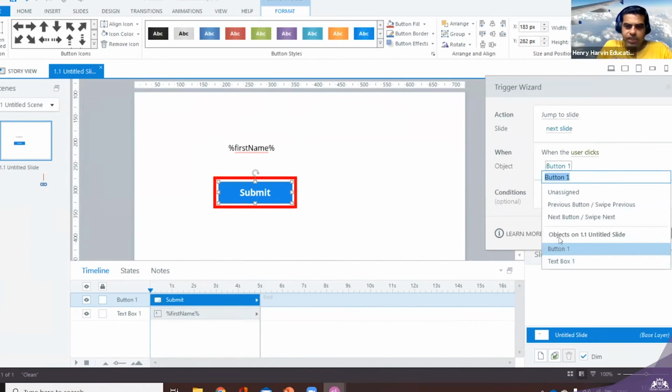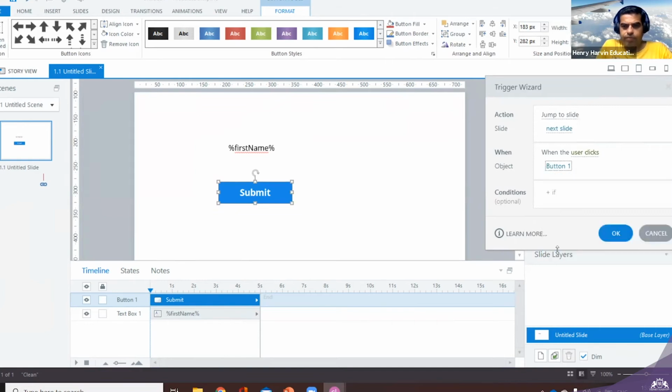So here, whenever you are just moving it, you can see whatever is going to be your trigger. Yeah. We can change the name of button 1 to submit. No, we cannot, right? Yes, we can. Okay. Because then you know which button is submit, instead of button 1, button 2. Exactly. So it is always a good practice to change the name, and we have to give a proper name.